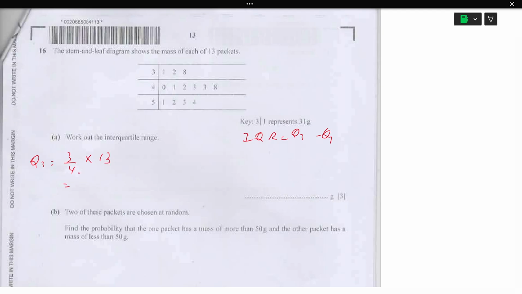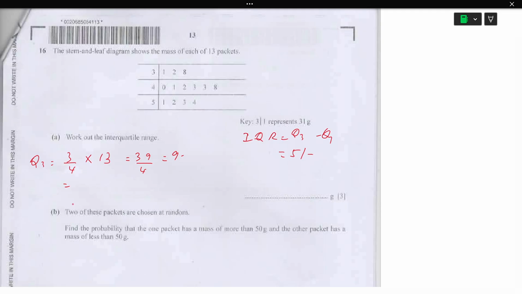So 3 times 13, which is 39 over 4. So we'll get 9 point something. So we'll take the 10th data. 1 2 3 4 5 6 7 8 9 10. So 51. So first 51 minus